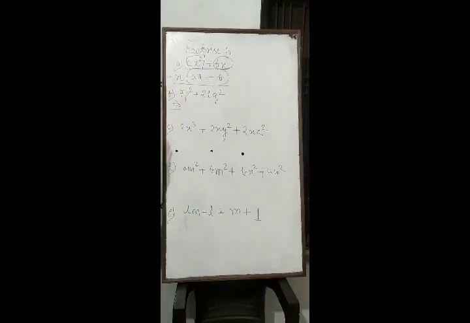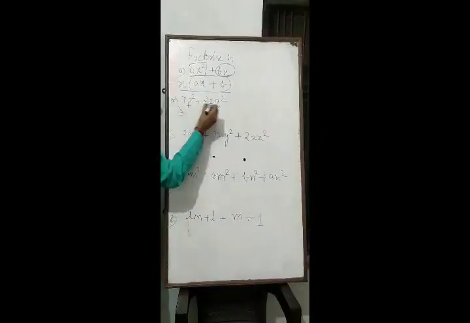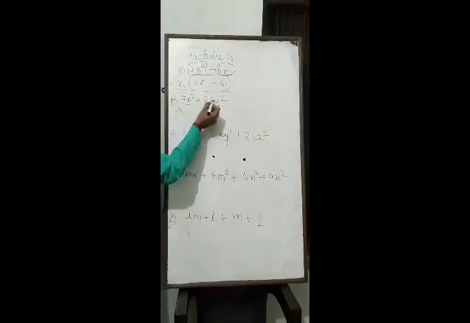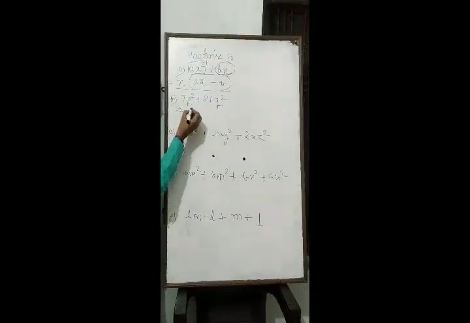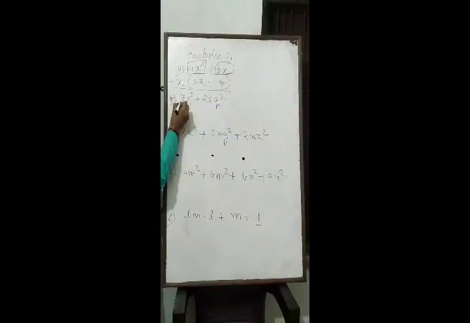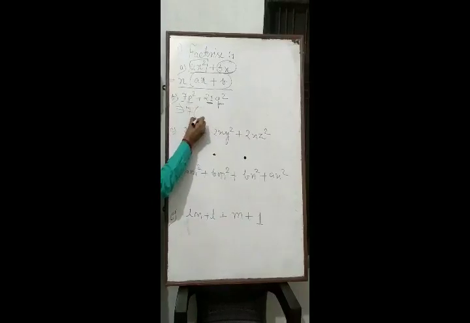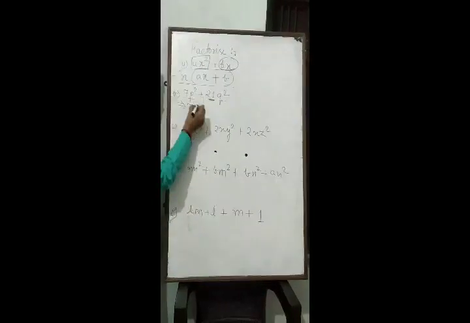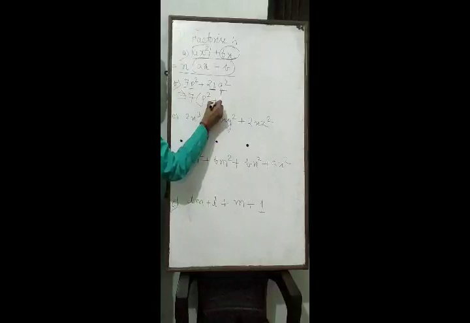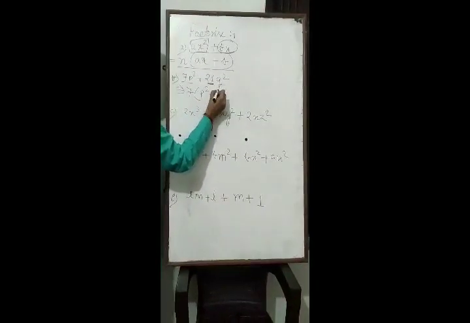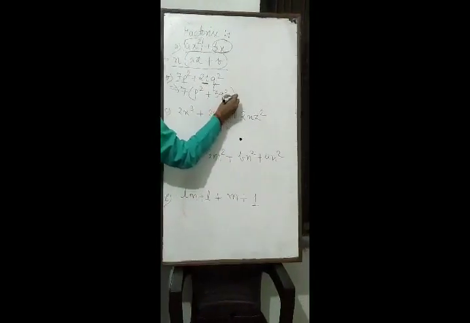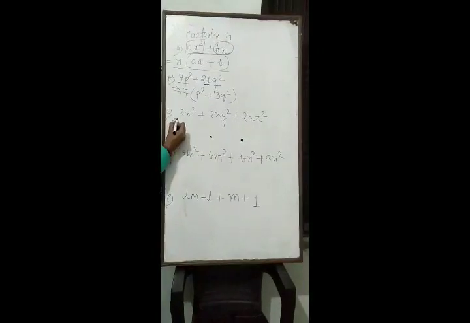Students, firstly we will see the alphabet here. Here is p square, here is q square. So we can't take p or q as a common. So let's see the digit. Here is 7, here is 21. So 7 will be common. From the first term p square will be remaining and from the second term, 7, 3s are 21. That means 3q square.